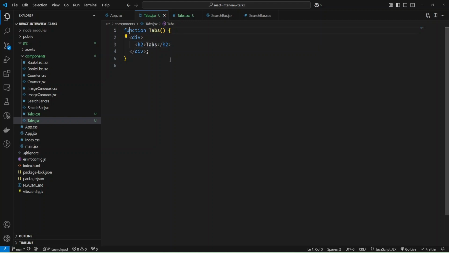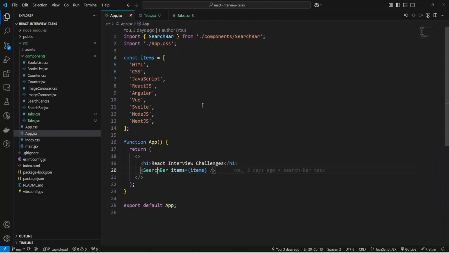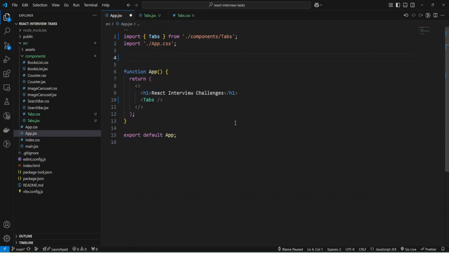Okay, and now I'm going to export it, and I can close this component, and inside app.jsx I'm going to import my tabs from components tabs, and instead of search bar I'll use tabs and remove these items and here.